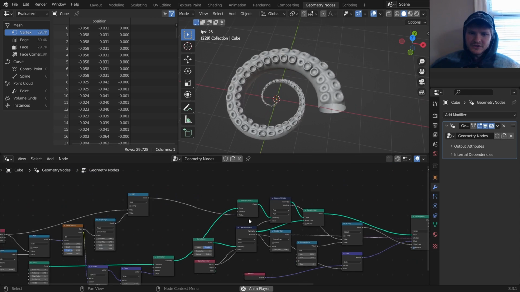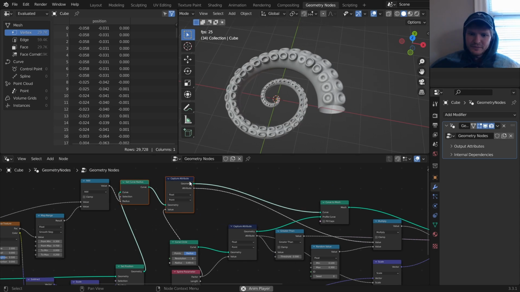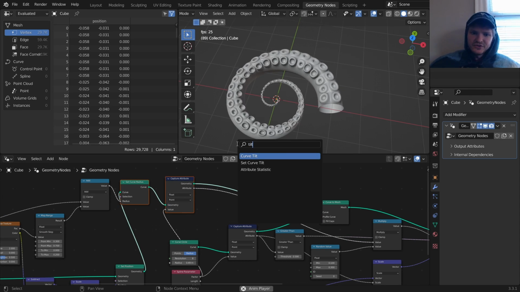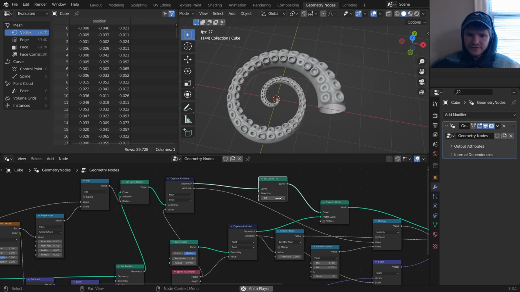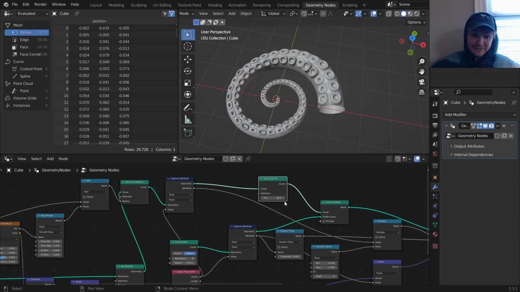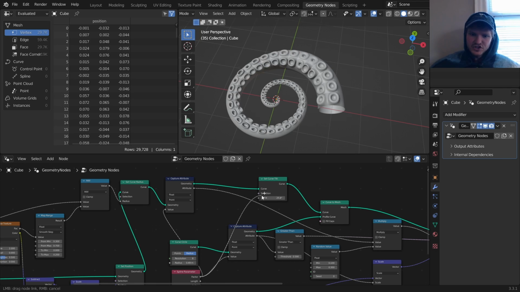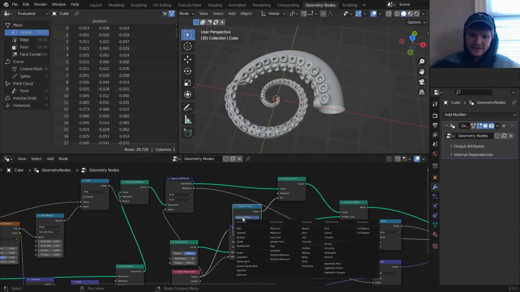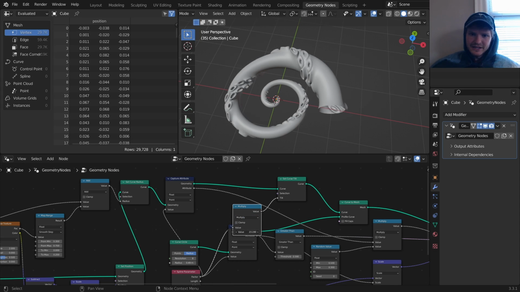Another thing we can do to make this look a bit more random, by the way, I know I'm all over the place, is we can add a bit of tilt to the curve. Set curve tilt. This is actually going to do nothing, apparently. Let's think about why it's doing nothing. Set curve tilt. Oh no, it is doing something. I just didn't increase it enough. I'm going to tilt this, which is to say spin the curve over the factor and multiply this. If I do this by a lot, you can see we get like this crazy twisty thing. I'm just going to do it a little,